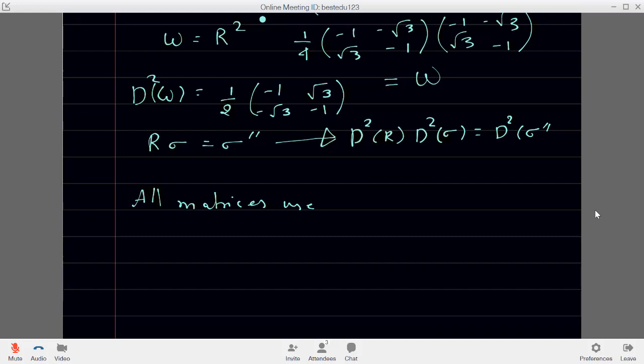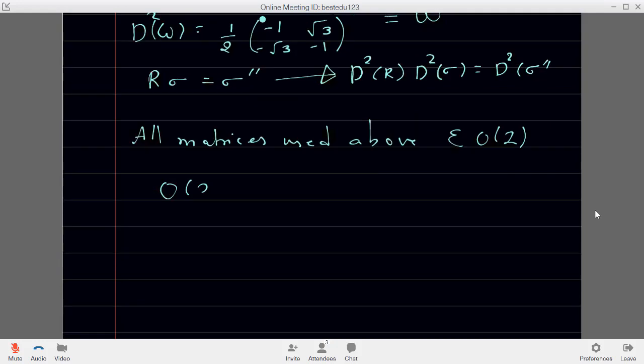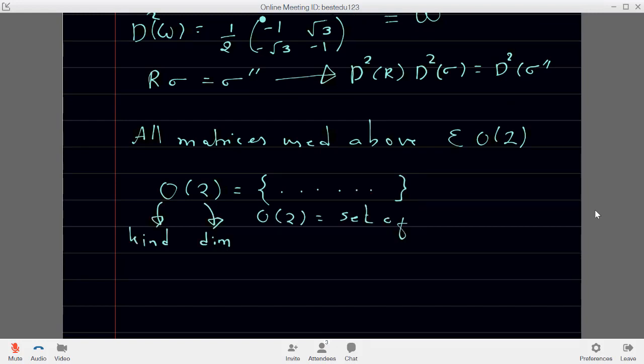When I write O2, you should remember this is a set of elements. O tells you what kind of elements you have, and 2 tells you the dimension of representation. So O2 is nothing but a set of matrices, or more precisely, a set of 2 cross 2 matrices